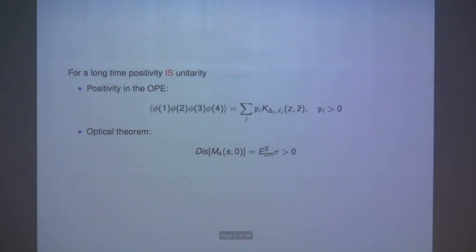And in fact, for a long time, positivity is unitarity. For example, in the discussion of 4-point correlation functions for identical scalar operators, when you expand on a conformal block, unitarity tells you that this expansion has to be a positive expansion, the coefficient, which is basically the square of 3-point OPE coefficients, is positive. We can go even further back, in the older days, in the textbook, we learned the optical theorem, which tells us that the discontinuity of the 4-point interaction in the forward limit is proportional to the total cross-section, which of course is positive. So this is nothing new.